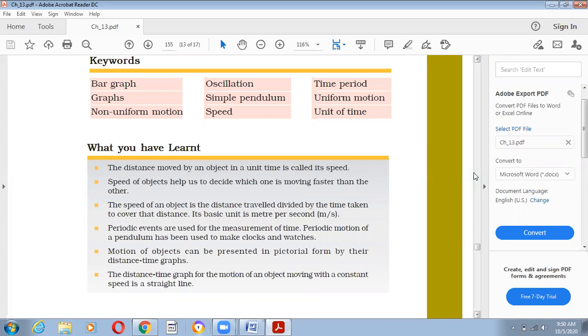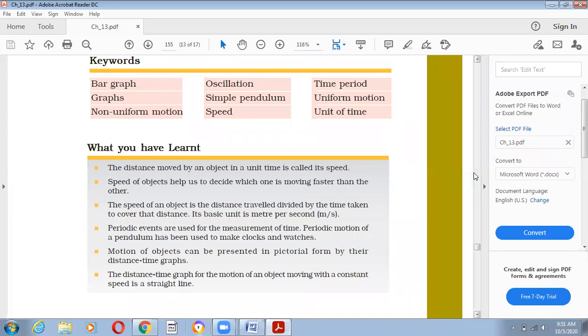Next is graphs. You are all aware of graphs. How can we define it? We can say a graph is a function, a set of ordered pairs in which one quantity is independent and one is dependent. Like in the distance time graph, we discussed distance and time. Time was independent and distance is dependent. As time was increasing, automatically distance was also changing, right? So a graph represents these kinds of quantities.